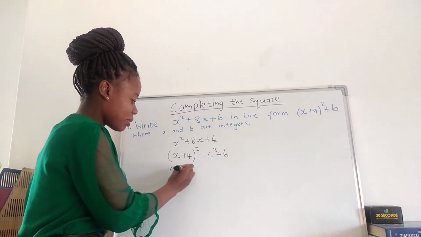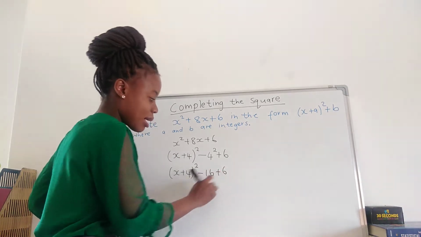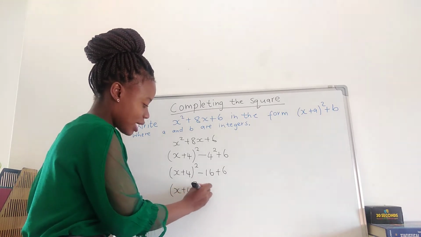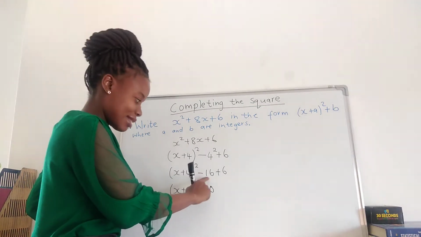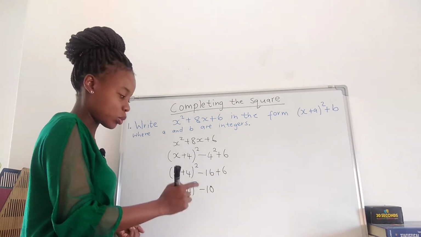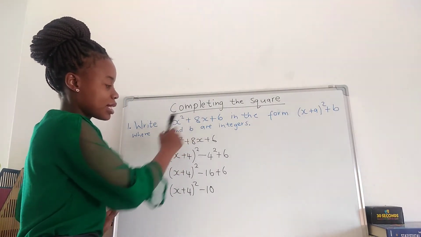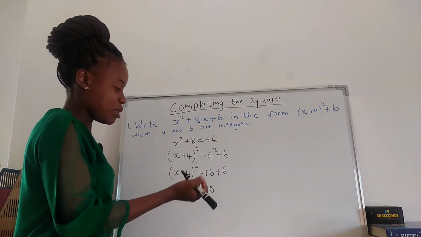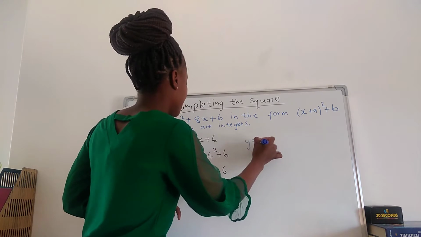So this is going to be x plus 4 squared minus 16 plus 6. Minus 16 plus 6 is going to be negative 10, right? If you punch your calculator, you start with minus 16 plus 6, right? Don't just punch 16 plus 6. No, it's wrong. Start with this negative, right? So we managed to express this expression in this form, which means our a is 4, our b is negative 10. What if they ask you to find the turning point